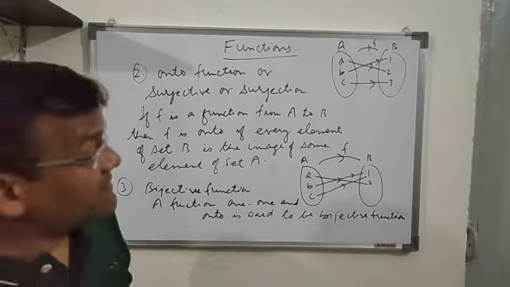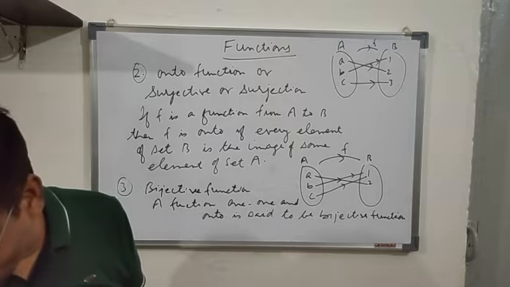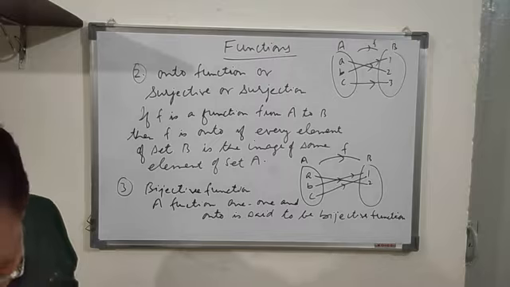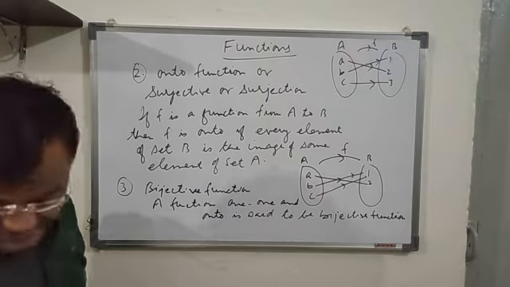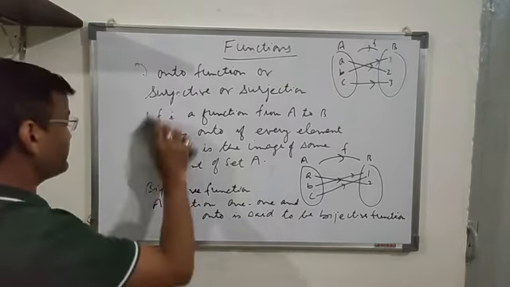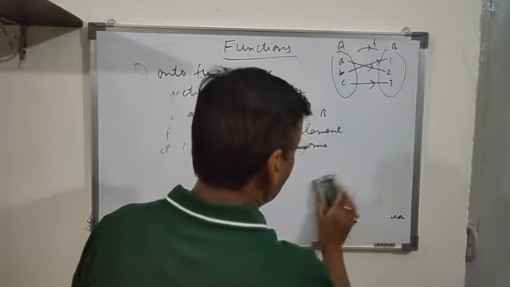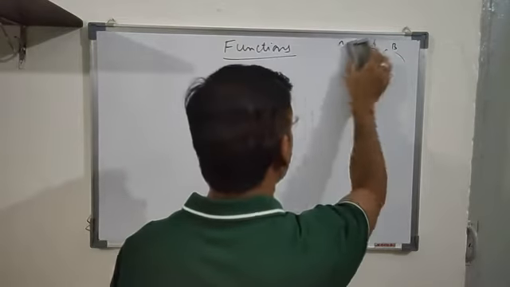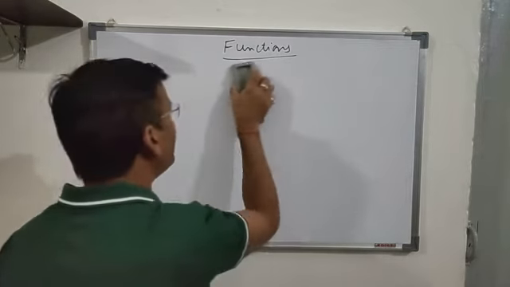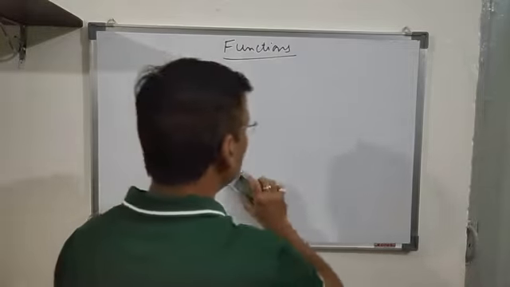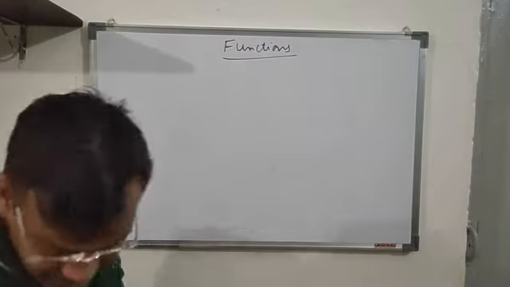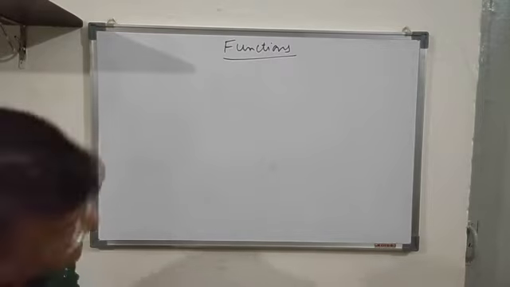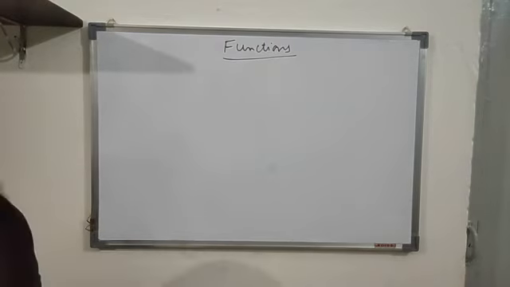Now I'm coming to the exercise, how we are going to solve the problems based on these terms, whether the function is 1-1 or onto. I'm taking the questions from exercise 1.2. There is a procedure to solve the problems, and you have to follow that procedure to prove that the function is 1-1 and onto. I'll be discussing it with you in the solution of the problems.